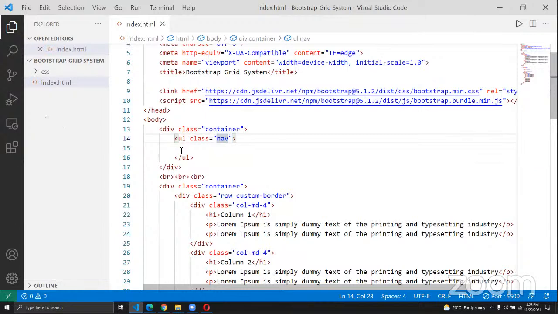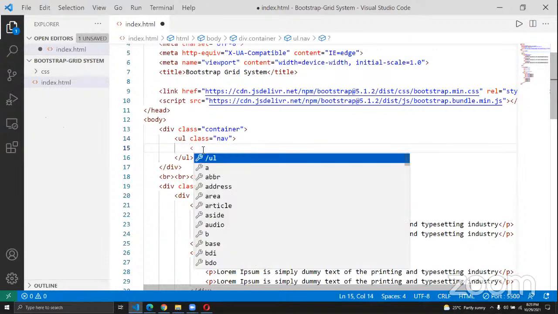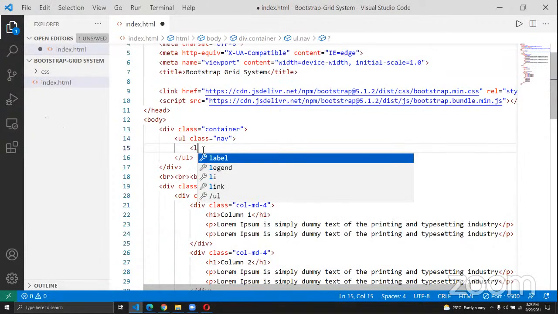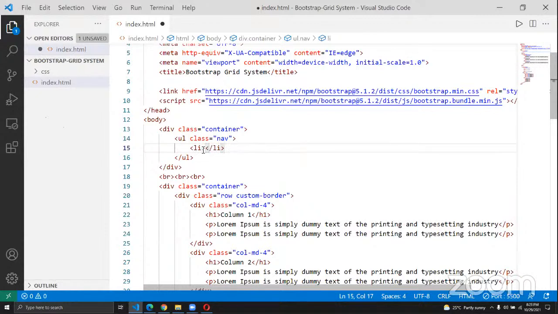After that, the items on the navigation should be put in the list. Remember, we have an unordered list, so every item there is a list item. So we have home, about us, contact us, all those should be put in a list items. But before we do that,